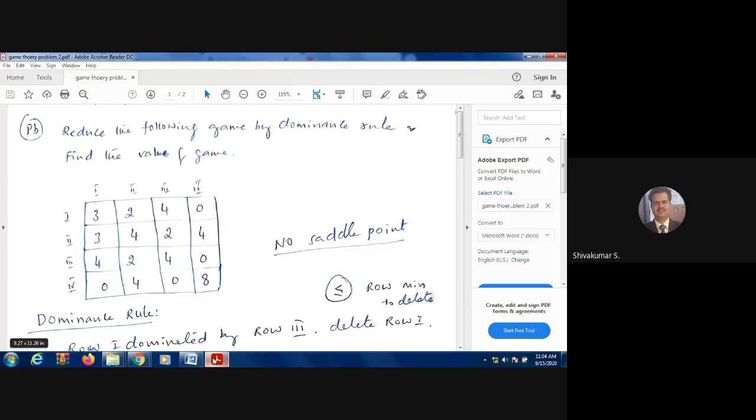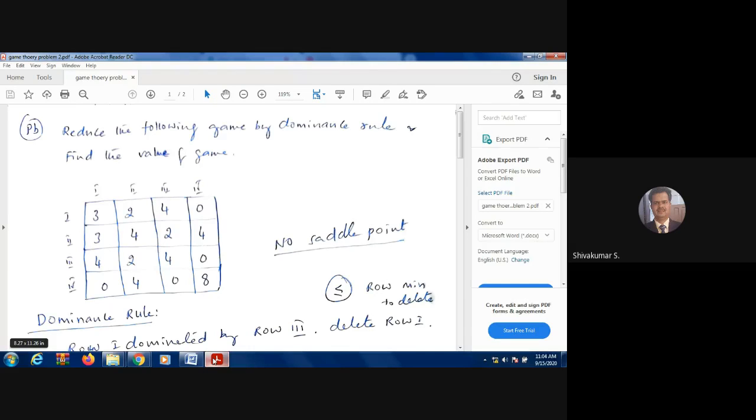Because the row maximum is 8 and column minimum 4, you won't get a saddle point. I know that. That's why I have written here, no saddle point. No saddle point exists here. So certainly you have to go for mixed strategy. Now check out here row dominance or column dominance. Remember, there is no rule that you have to go row wise only. You can check even columns also. Or you can do simultaneously if you are so inclined.